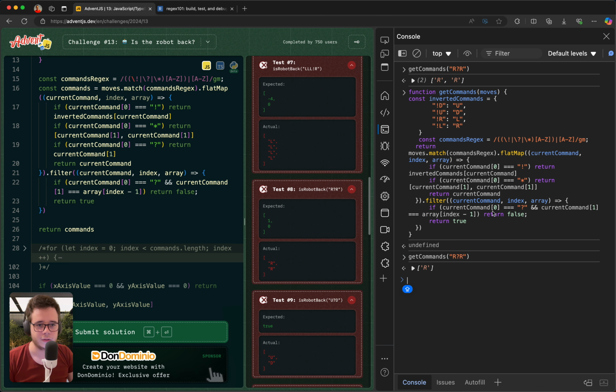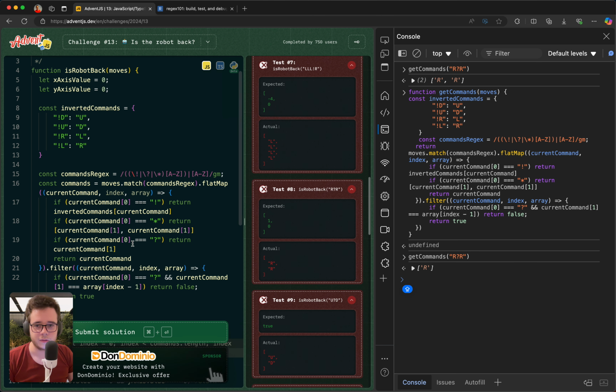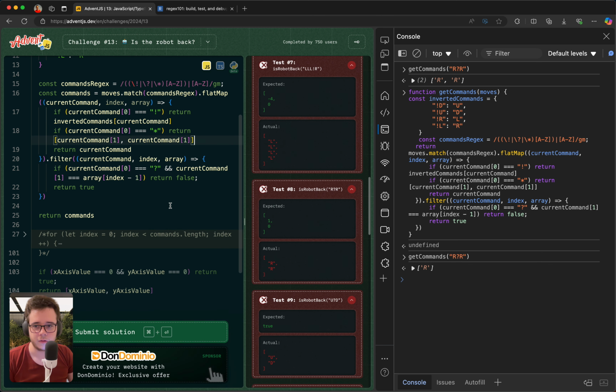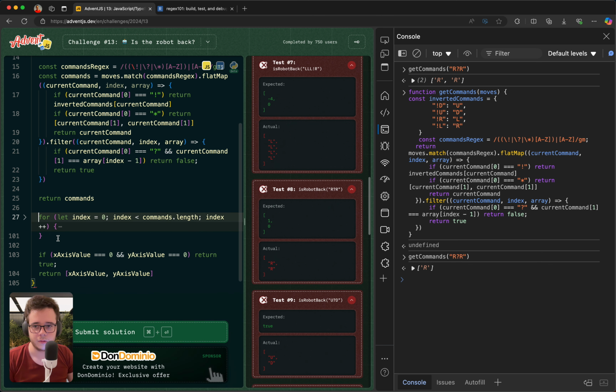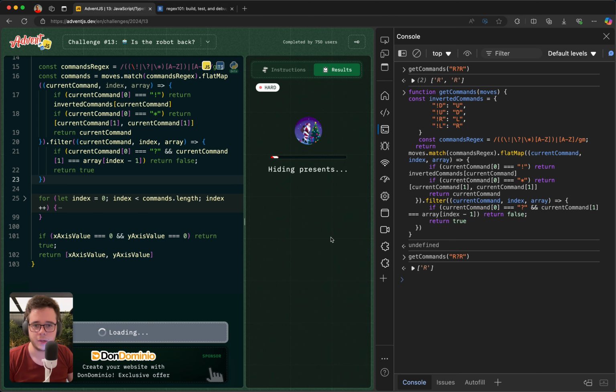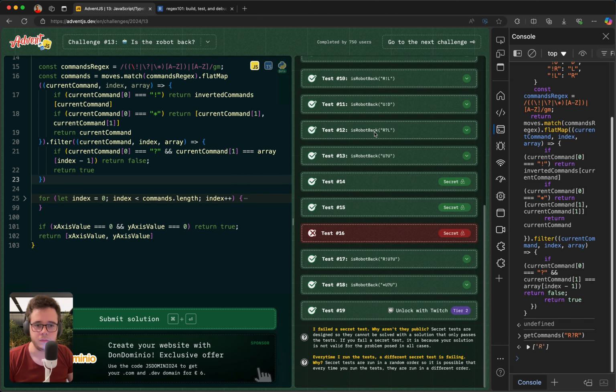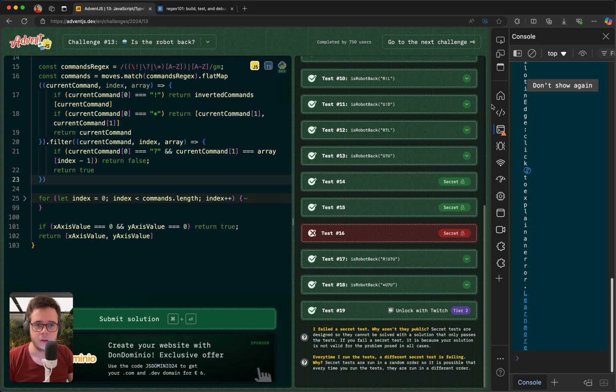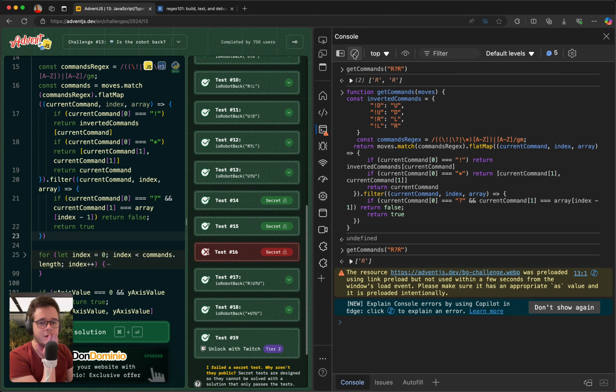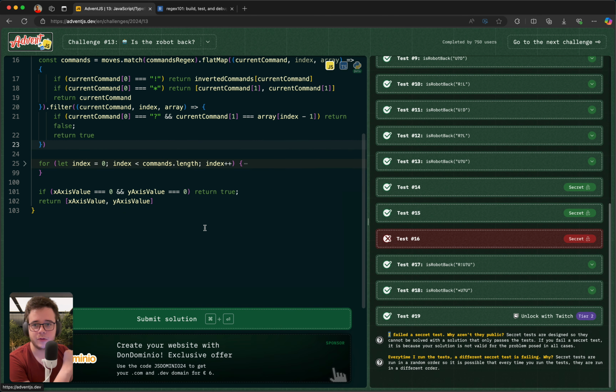So let's revert this because I think this is not helping us. Okay, what did I miss? Let's remove the return commands. Okay, there is something that is not working, but I am not able to see what the test is. So, okay, let me think. Well, first of all, I'm gonna try to simplify